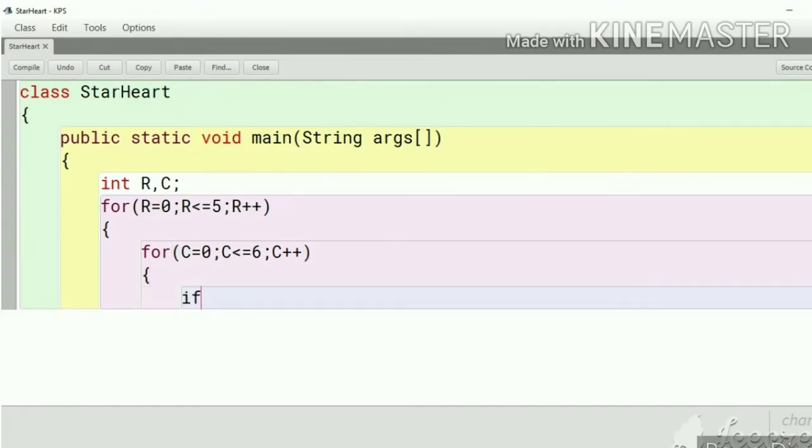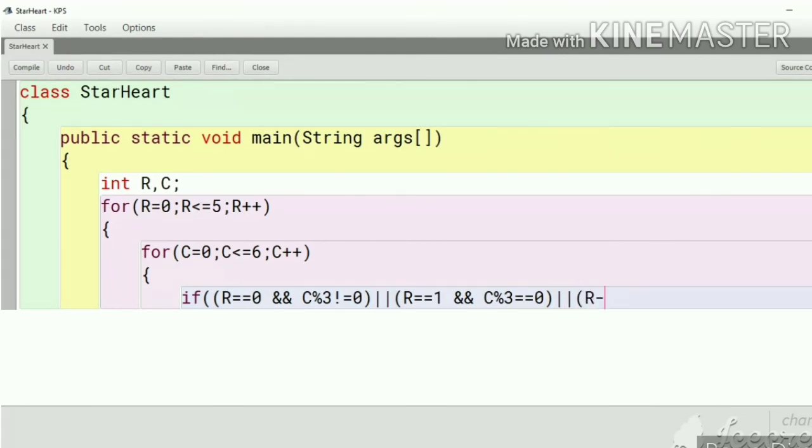Here we have to write if row equal 0 and column mod 3 not equal to 0, as we have discussed, or row is equal 1 and column mod 3 equal 0. This is one condition.